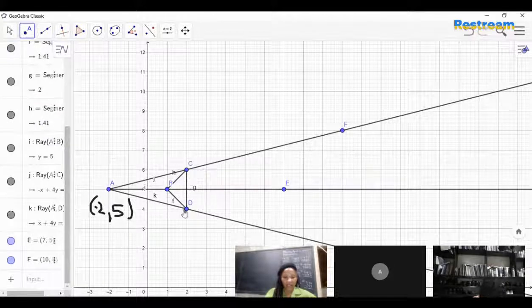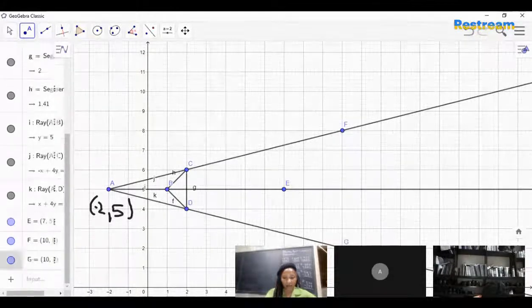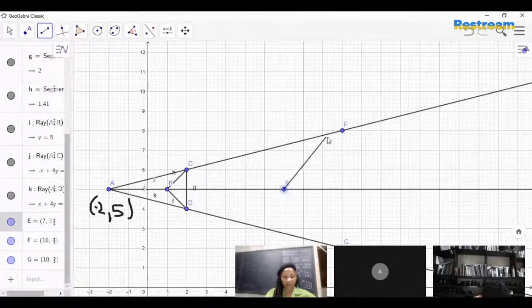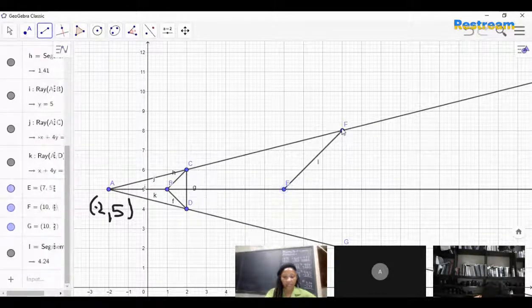And for this one, we went 1, 2, 3, 4 and down. So it will be 12 and down 3, which will be here. Yes, Miss. All right. So now we need the line segment to connect, from there to there